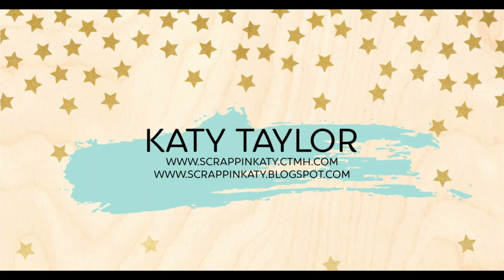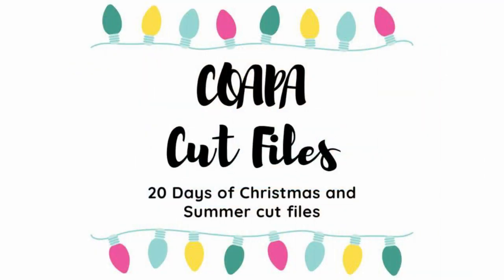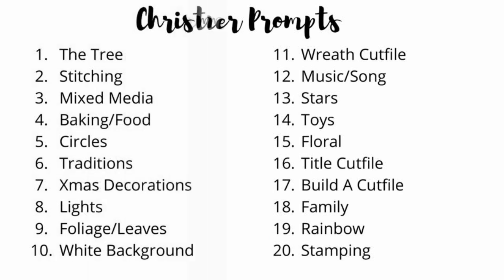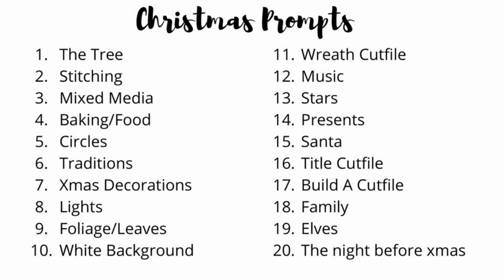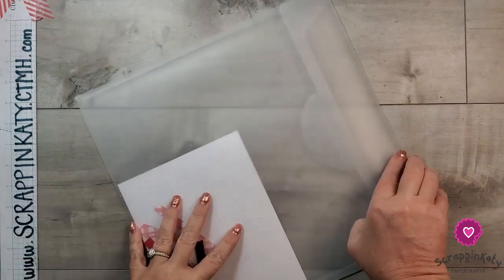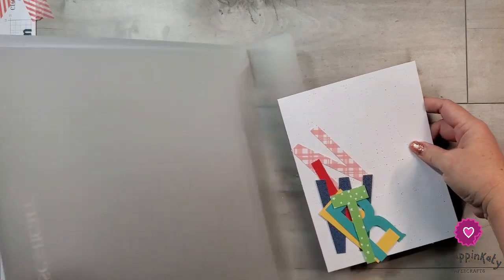scrappinkaty.ctmh.com, and today is day 2 of the COAPA Cutfiles 20 Days of Christmas and Summer Cutfiles. If you're celebrating summer, here are your prompts, but I will be playing along with the Christmas prompts for this 20 days in December. Now for day 2, I am going to be using a stitch file from COAPA because